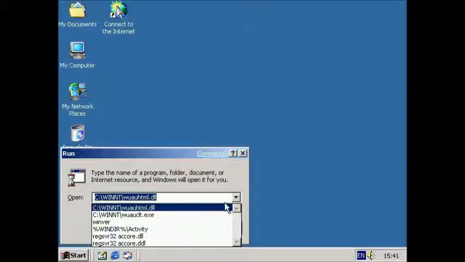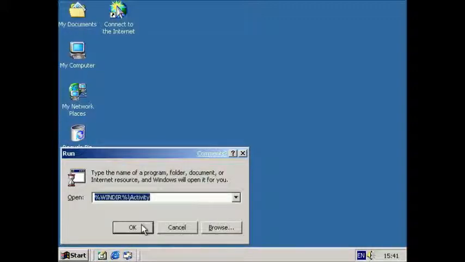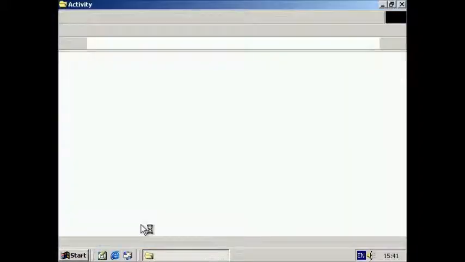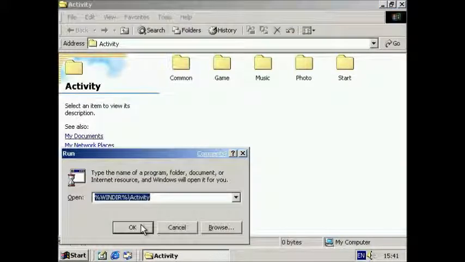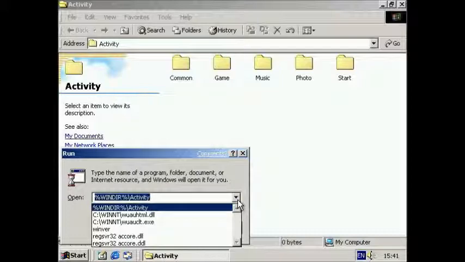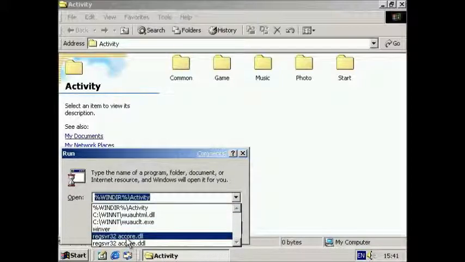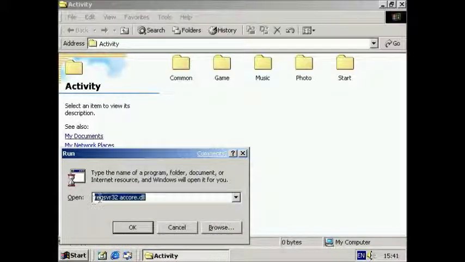So, basically, let's just go to here. You just saw the command I did there with the window. To get these activity centres to work, you're going to need to type in the following command. Here it is. So it's regsvr32 space